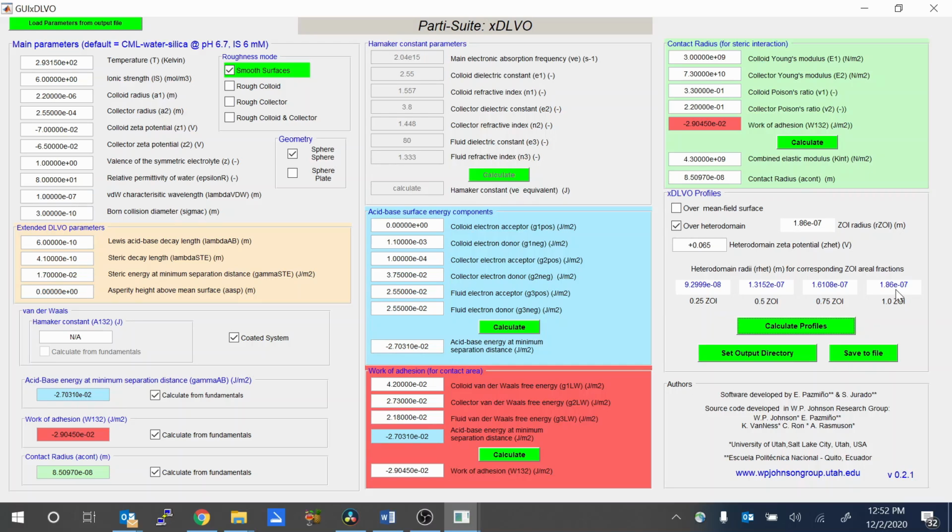So this is intended to allow you to toggle back and forth between determining the interactions between the colloids and the surfaces interacting across your intended fluid, and understanding the scales of heterogeneity for a given ionic strength that will impact the interactions. Notice if we change the ionic strength, so at 6 millimolar for this size colloid, the zone of interaction was